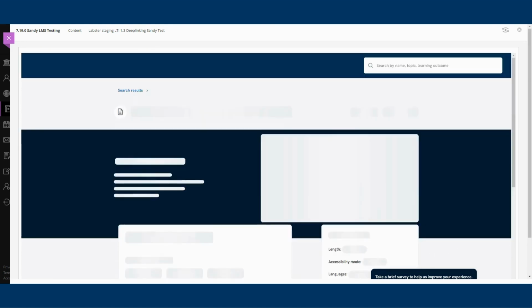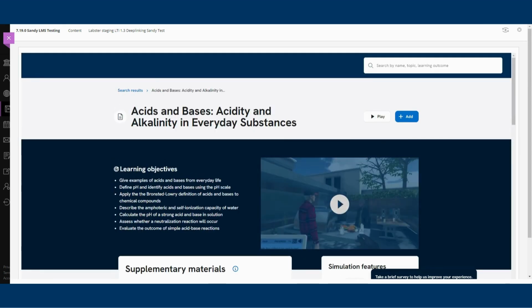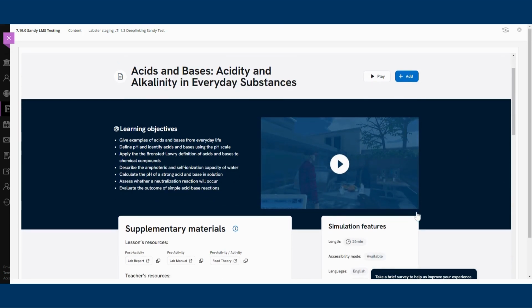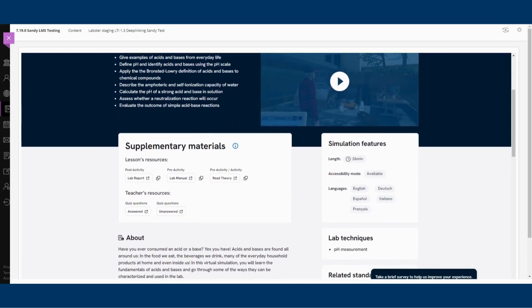If we click into a simulation, here you will find the learning objectives and key information about the simulation. You can watch a screen recording of the simulation being played right here. And if you would like to play the simulation yourself, you can do so by clicking play on the top right. Each simulation comes with its own lab report, template, lab manual, theory page, and an unanswered and answered copy